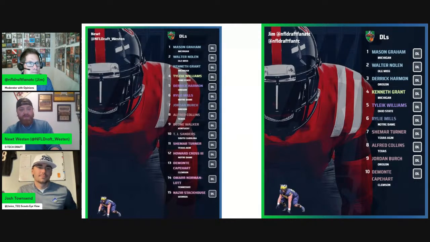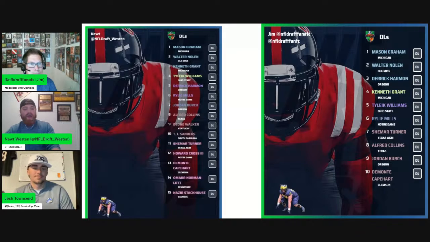If he gets a little bit more mass on his frame, I'm not saying to the point where he's 320 or something like that, he's able to hold up a little bit better anchor and hold the point against double teams. And if he's ever put single team, be able to get a hand out there. I think he's the type of player where if he can get those pieces of his game to a point where they're adequate for the NFL level, then he's going to be able to understand what techniques need to go into first and second down, and he's going to be able to accomplish that really, really well.